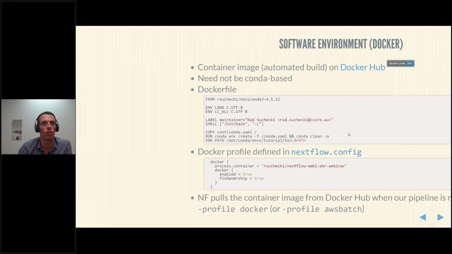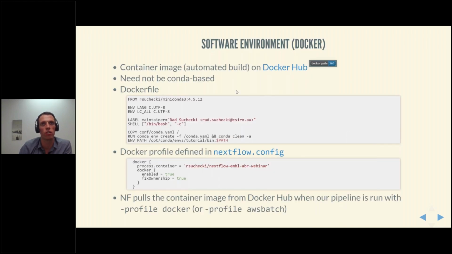Now, as I said, we use that to build a Docker container. So we have an automated build set up on Docker Hub. When we commit any changes to our Dockerfile, we can trigger a build on Docker Hub, and based on this Conda definition, a Docker container image is built, and then in the Nextflow config, we define what the container is.